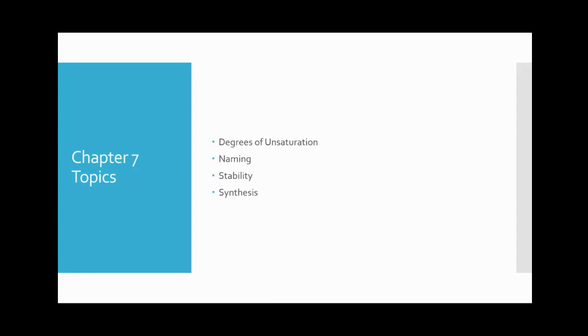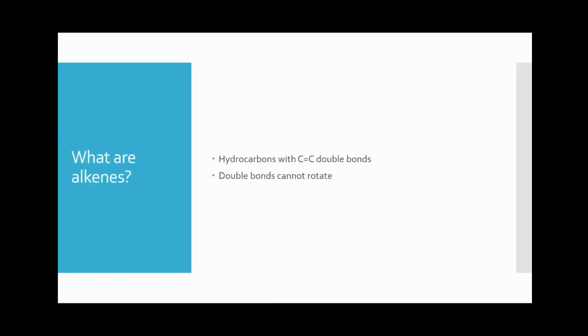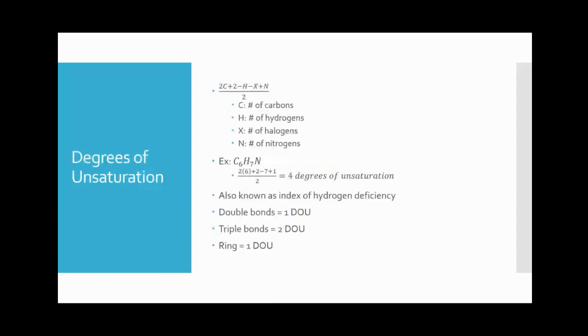All right, and so the next chapter is really about alkenes. Alkenes are just double bond hydrogens or double bond carbons. Remember, they cannot rotate. And so for nucleophiles, usually